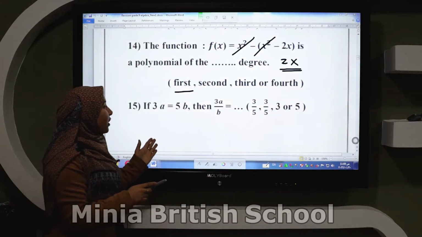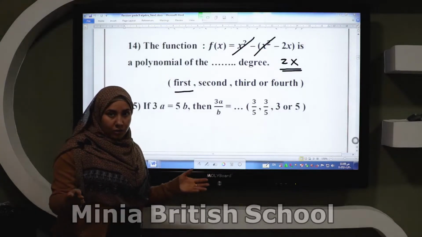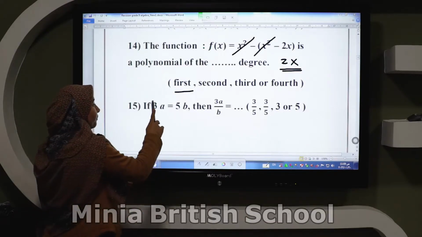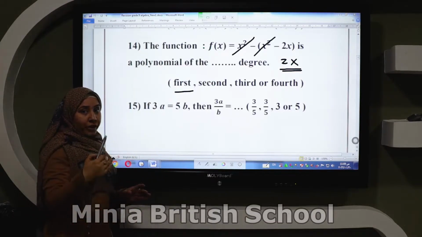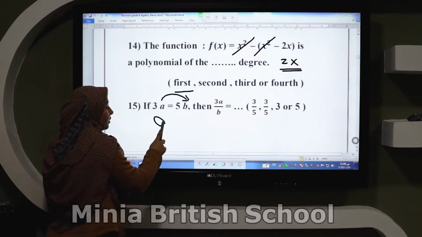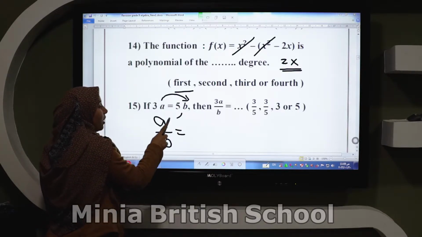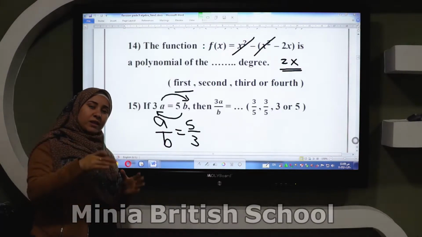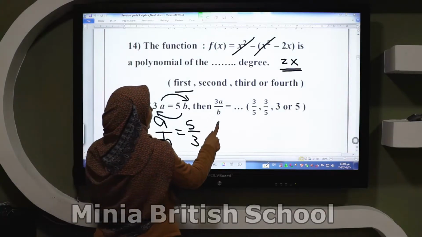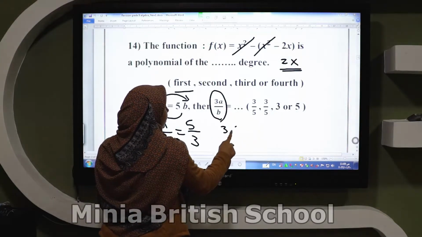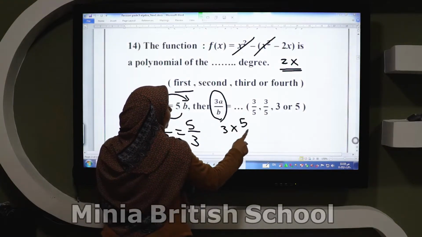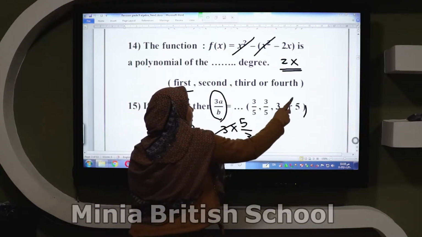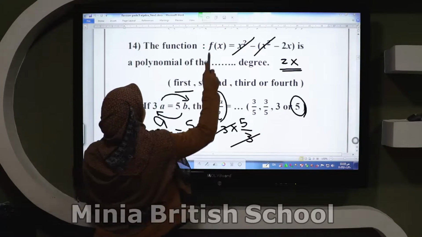If 3a equals 5b, then 3a over b equals what? We can use the properties of proportion here. I need to find a over b, so a to b equals 5 to 3. Now you have the value of a to b, simplify by it in this relation. So 3 times a over b equals 3 times 5 over 3. Then you can simplify it. We find the value of it equals 5. Okay? The next,